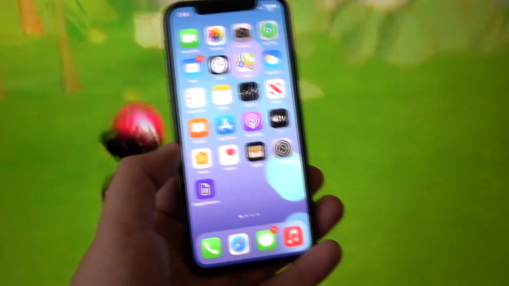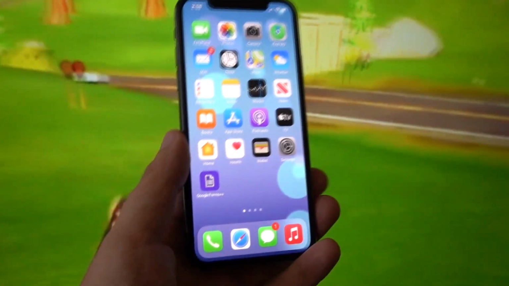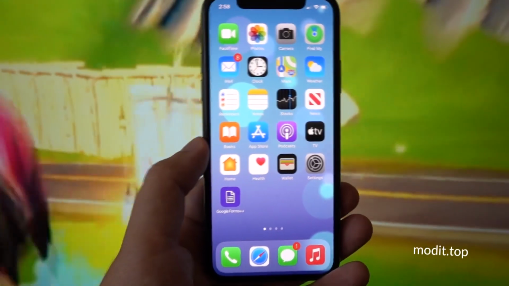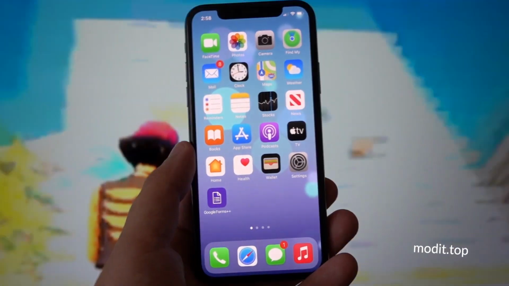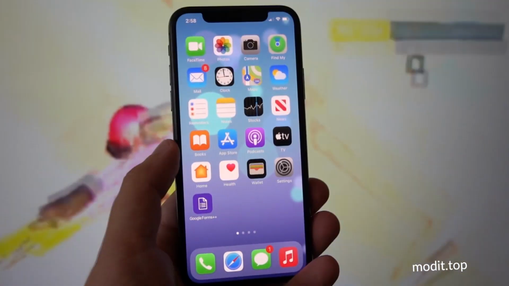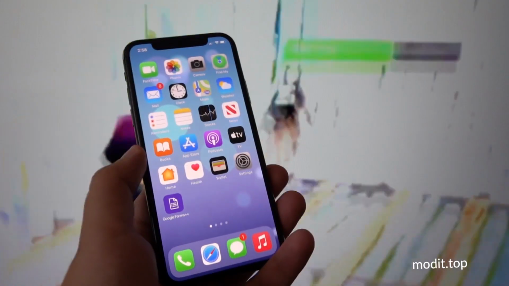Welcome everyone to this video, and in this video I'll be showing you how to download the modded version of Google Forms onto any of your iOS or Android mobile devices. Now with the modded version of Google Forms, it is called Google Forms Plus, and using this modded version of Google Forms, you can get access to all